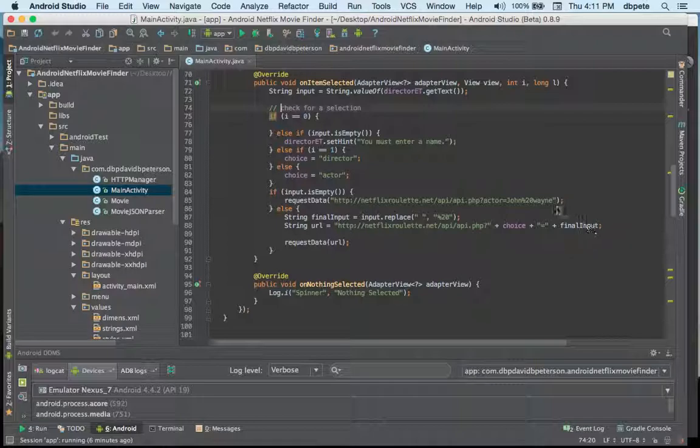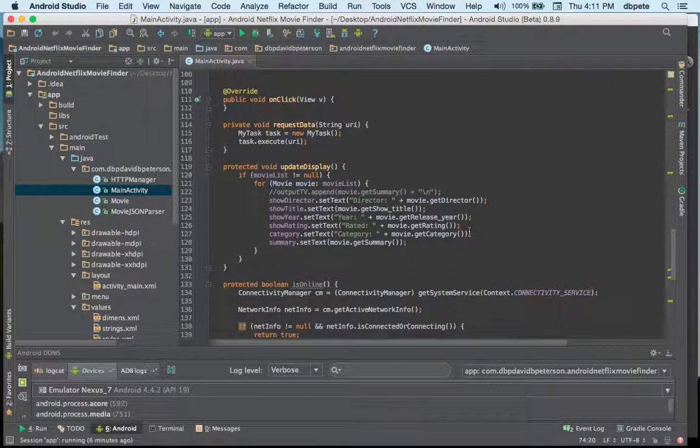So that's, and then would create final input, and then I constructed the URL in that way, and then displayed